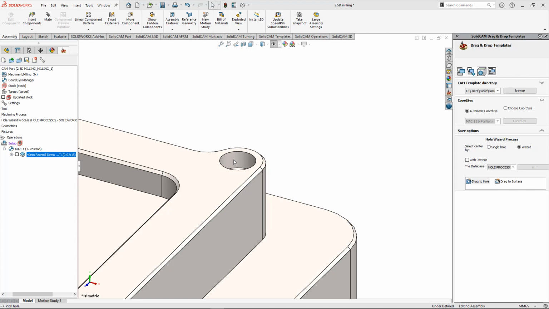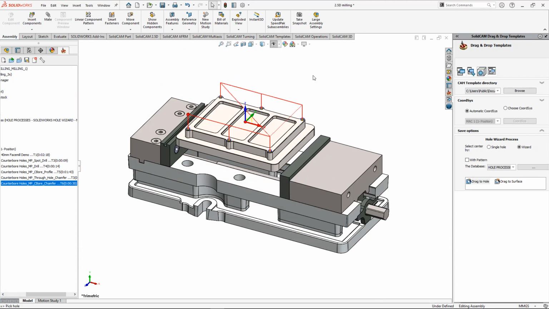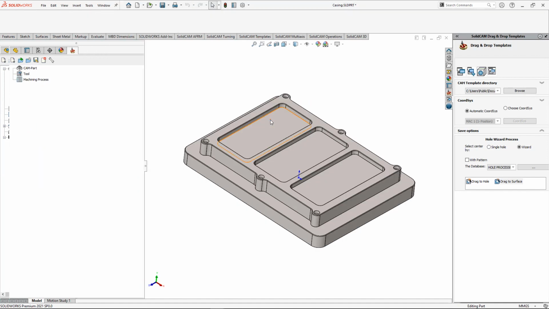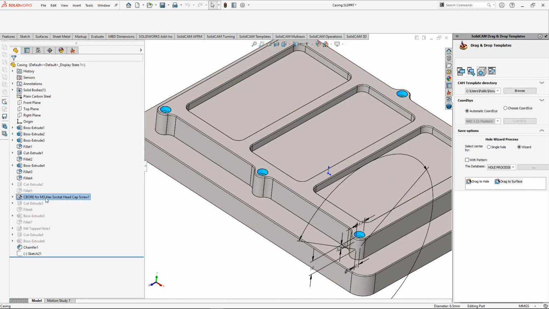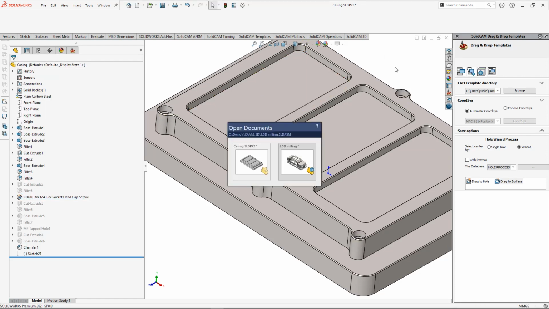Another great addition to SolidCam 2020 is the ability to use the Hole Wizard process inside SolidCam. The Hole Wizard process takes any Hole Wizard holes and then straight away puts a spot face, drilling and any tapping or counterboring requirements, as you can see the update there. If we go into the part now and change the position or indeed any parameters of the Hole Wizard feature, it will then go and recalculate in the CAM, changing the tools as necessary as well.